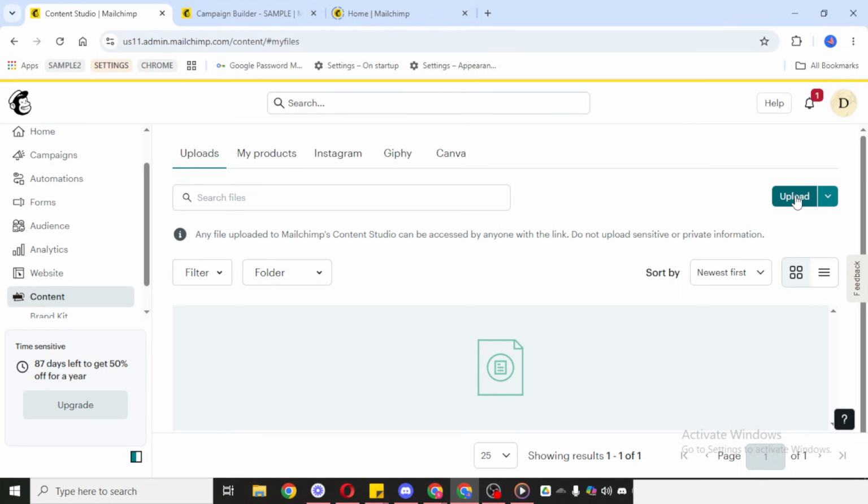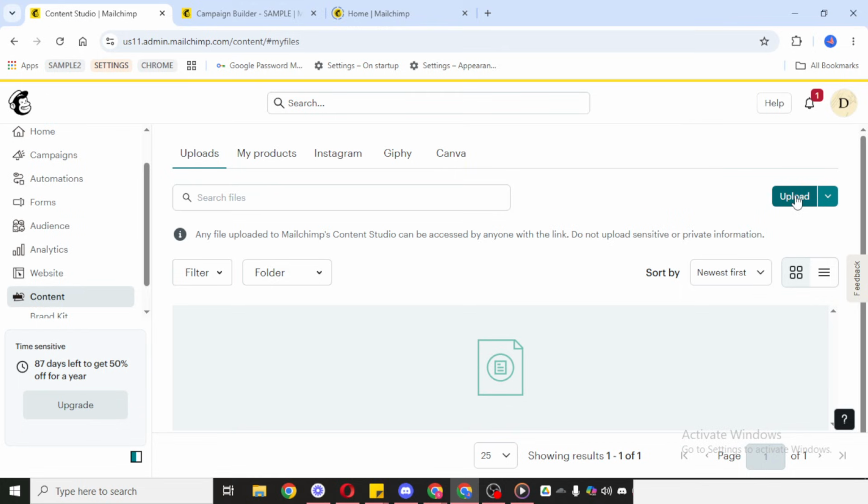When the upload window appears, simply locate the file on your computer. You can browse through your folders, select the correct document, and upload it. Make sure you choose the final version of the file before uploading, especially if it's something your audience will download. It's a good idea to double-check the file name as well, so it's easy to recognize later when you use it in your email. If needed, wait a few moments for the upload to finish completely before moving on.